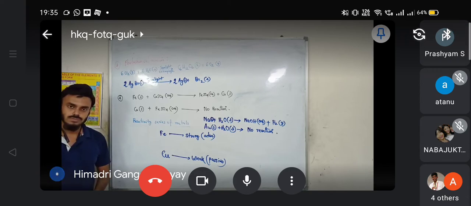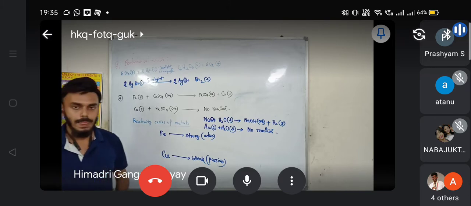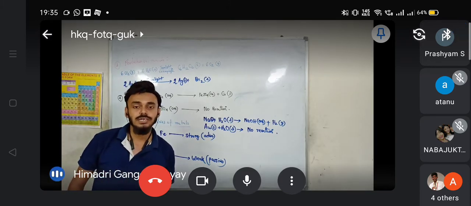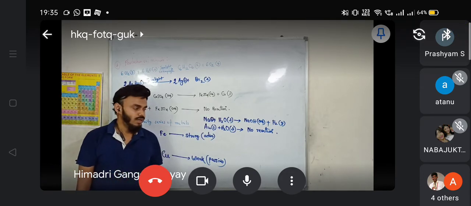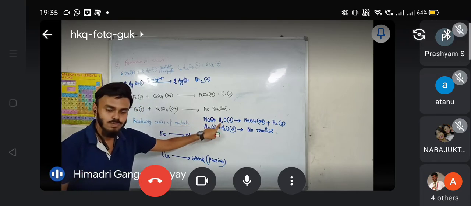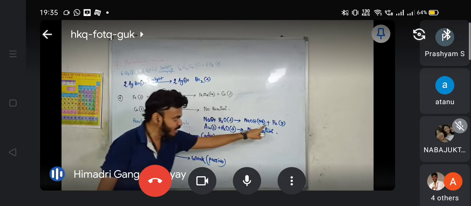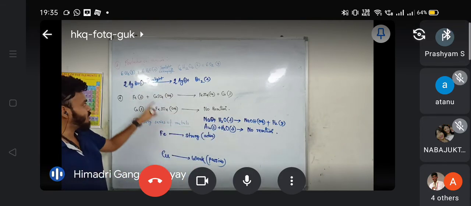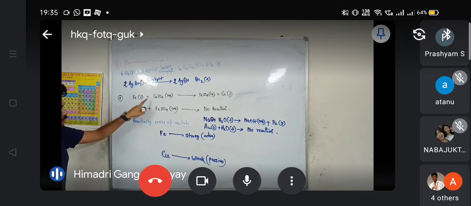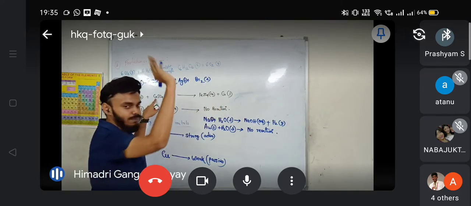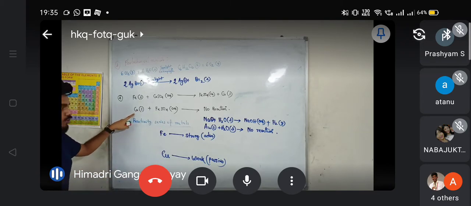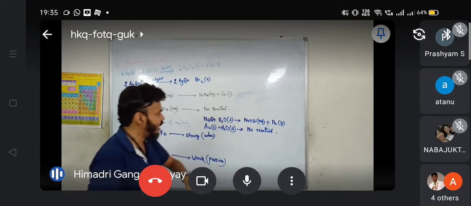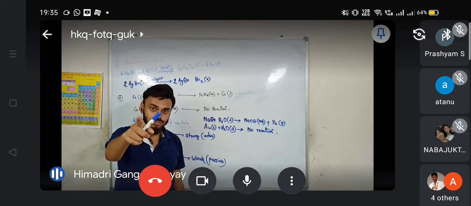Active metal compared to... किसका डिस्प्लेसमेंट कर रहा है? हाइड्रोजन का डिस्प्लेसमेंट कर रहा है, क्योंकि यहाँ पे देखो ना, आयरन इज एक्टिव मेटल कंपेयर टू कॉपर, क्योंकि कॉपर को बाहर फेंक रहा है, कॉपर से एक्टिव है आयरन, आयरन से पैसिव है कॉपर, इसलिए आयरन को बाहर नहीं निकाल सकता, और यहाँ पे वो हाइड्रोजन को बाहर निकाल रहा है, तो सोडियम विल बी एक्टिव मेटल देन हाइड्रोजन. रिमेंबर,